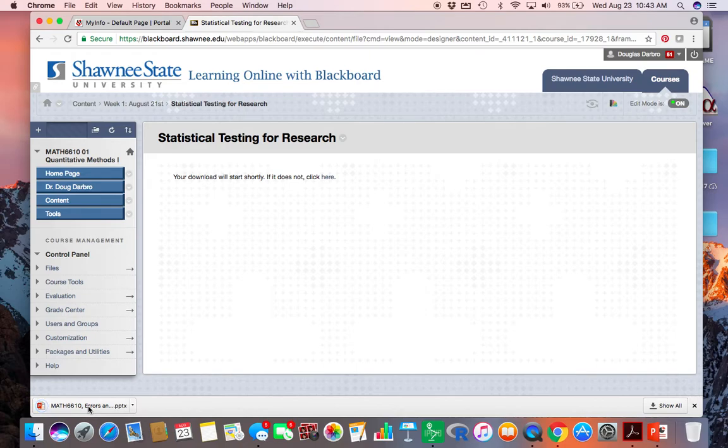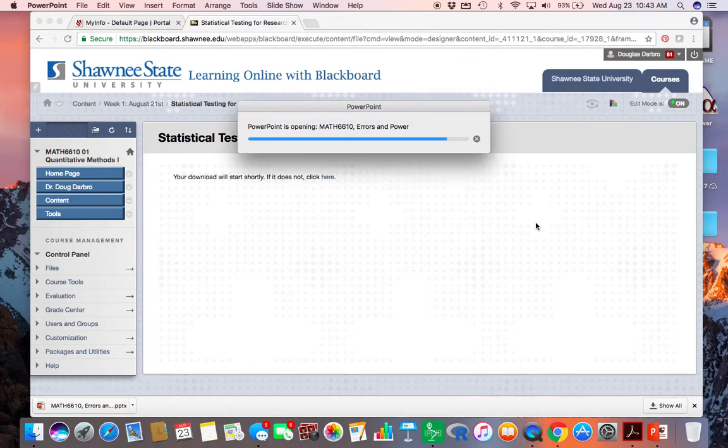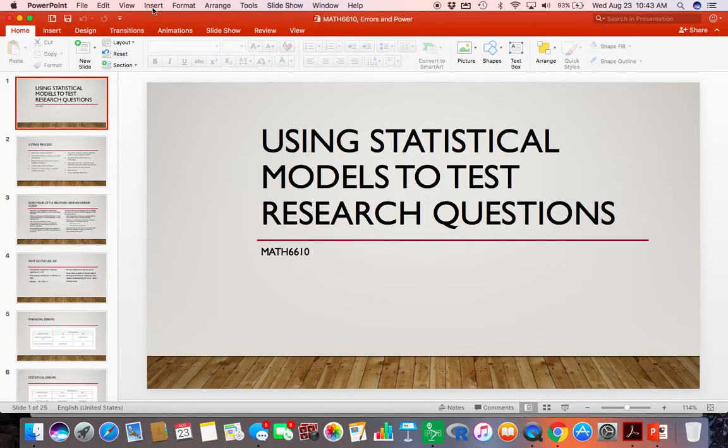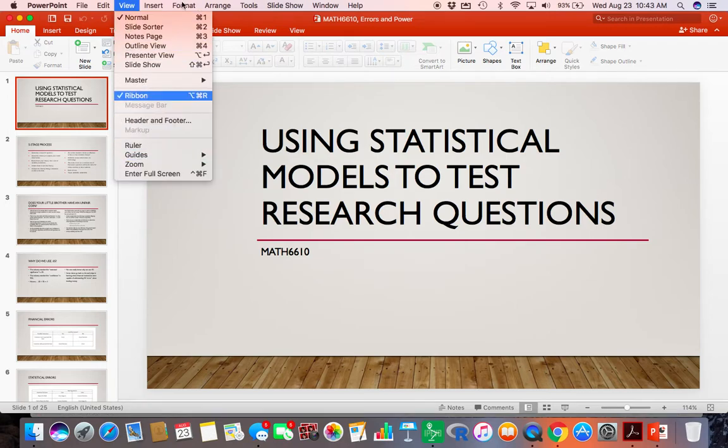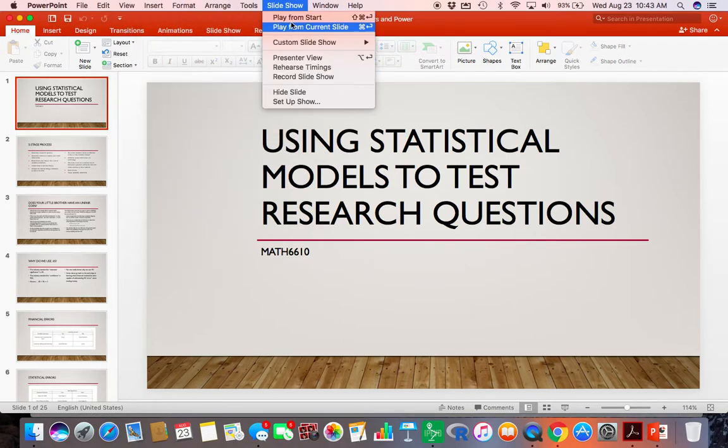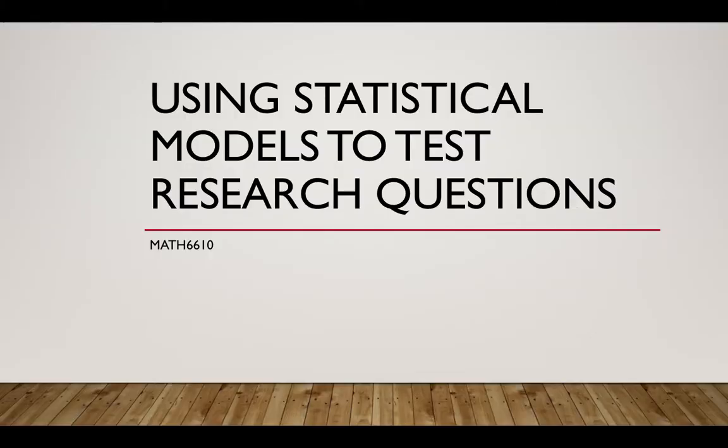So if you want to play along, you can open up the PowerPoint. It's not necessary because I'm going to go through the PowerPoint in the video. So let me go ahead and get this going, and let's start from the beginning. Using statistical models to test research questions, we're going to go through everything from type 1, type 2 errors to power to effect size,